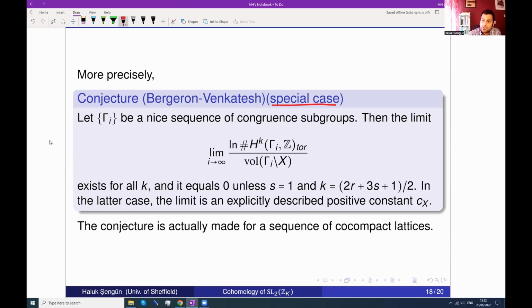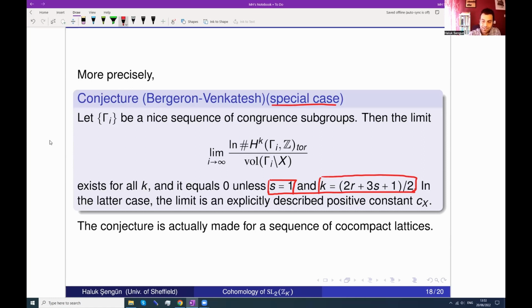If you're more conservative, then you look at the degree K cohomology and torsion in there, and normalize it. So take the log of it and normalize it by the volume. So this limit will exist for every degree K, and actually it's going to be 0 unless, this is the magic configuration, unless your deficit is 1, you have one complex place, and you really hit your degree of cohomology, which is an integer, mind you, hits that